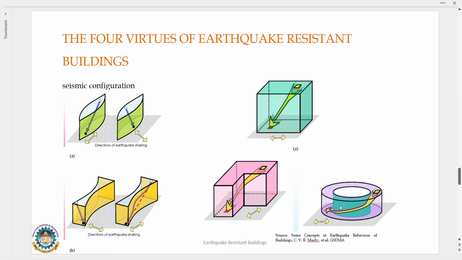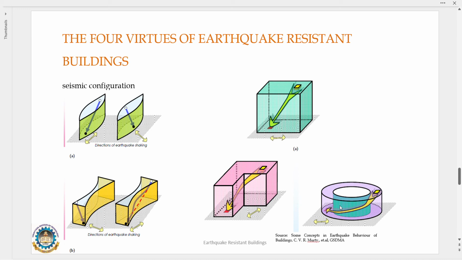Seismic structural configuration includes three main concepts. First concept is the geometry, or the shape and size of the building. Second aspect is the location and size of the structural elements. And third is the location and size of the significant non-structural elements. So the seismic structural configuration can be explained using the convex and concave theory.